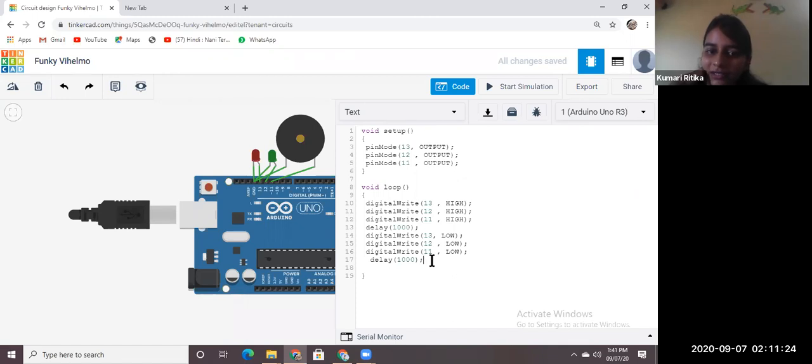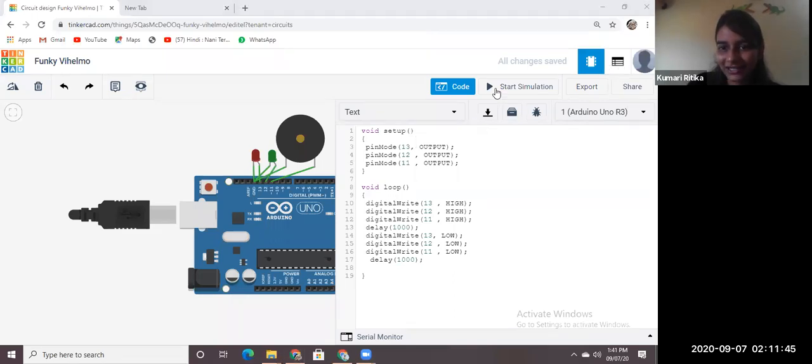Have you tried this? The speaker? Yes. Okay, Aditya, tell me, how's the sound? Do you like the noise? How is the noise? Can anyone tell me? It's a very annoying noise.